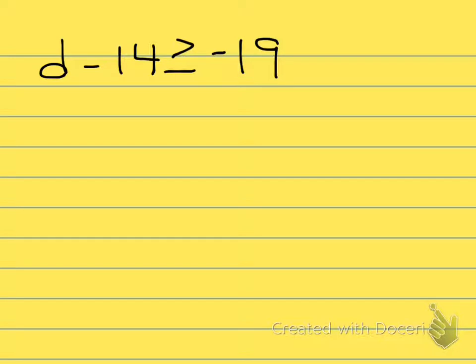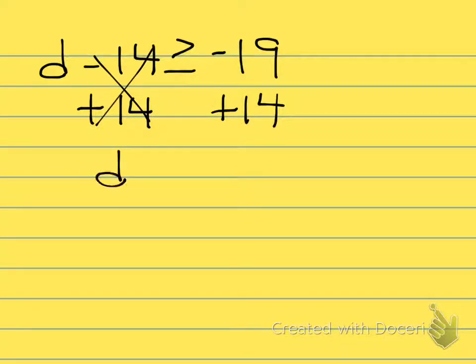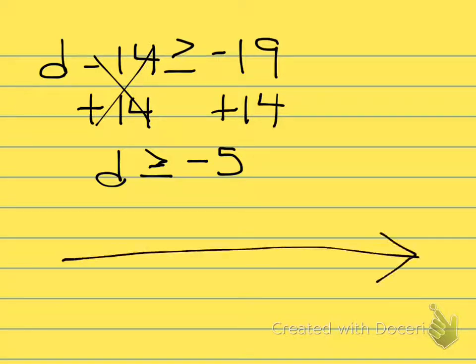This one we're going to do the same thing, solve for D, but we need to add 14 to get D by itself. Bring down the symbol, and I get D is greater than or equal to -5. So if I were to do a number line for this,